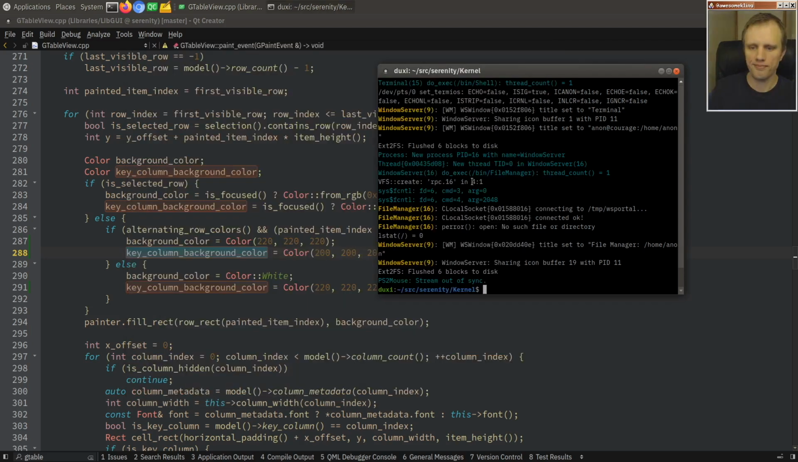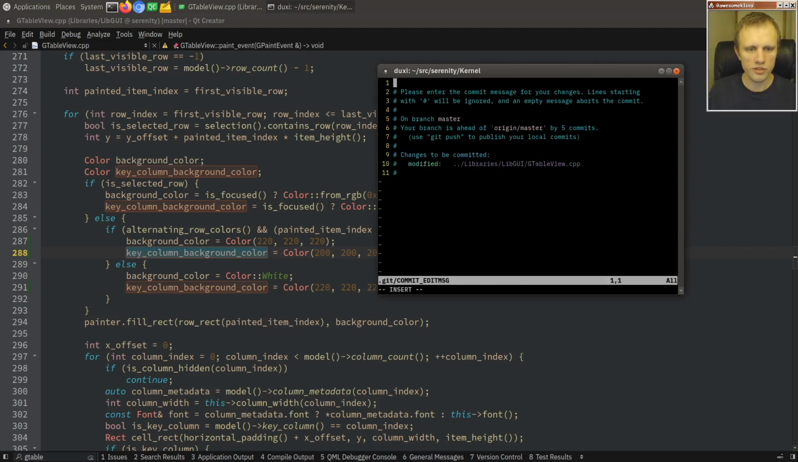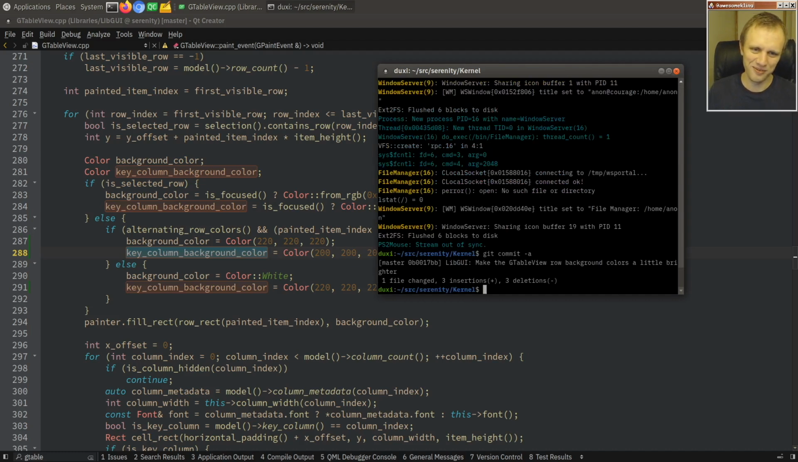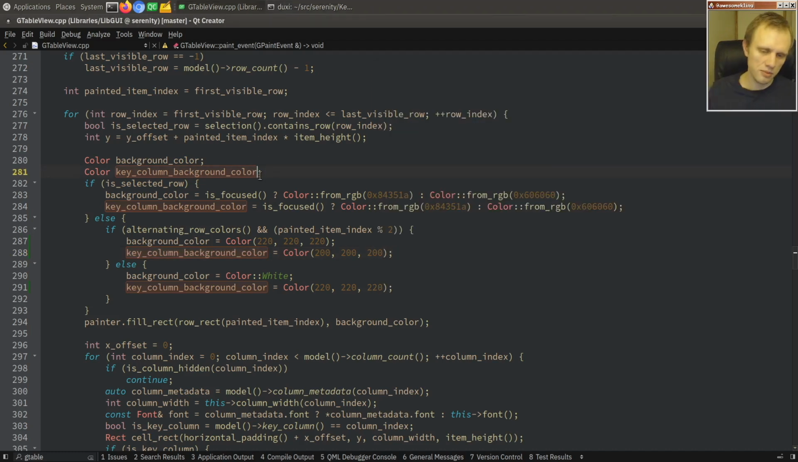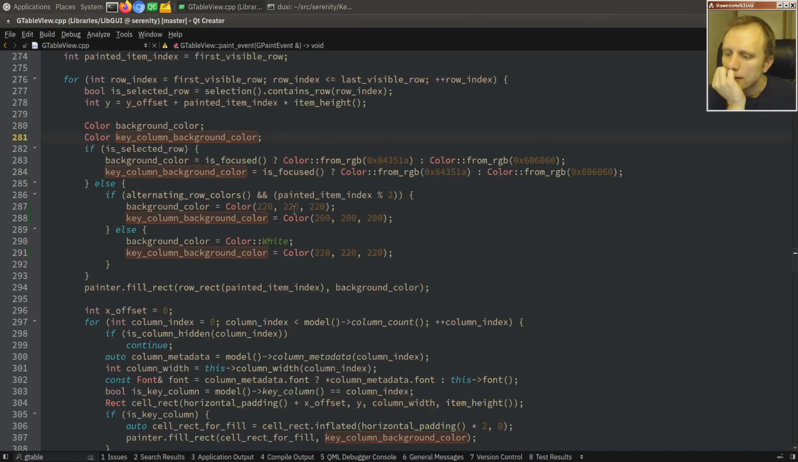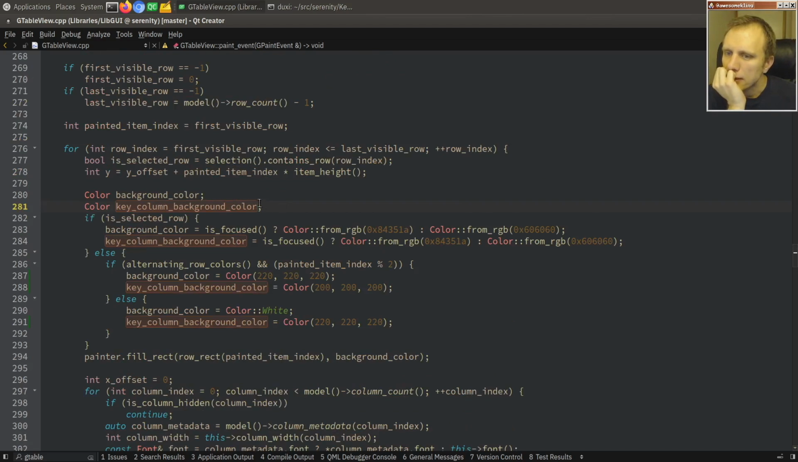All right, so let's commit this important change. Look, we make the GTableView row background colors a little brighter. This has been bothering me for a long time. Okay, and they're probably still not perfect, but at least it's a little bit better. And then